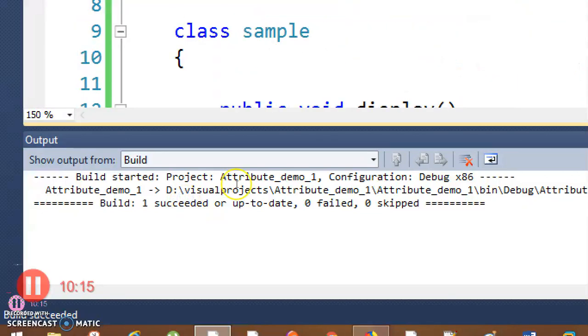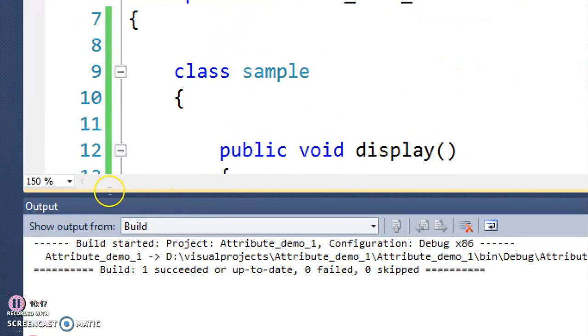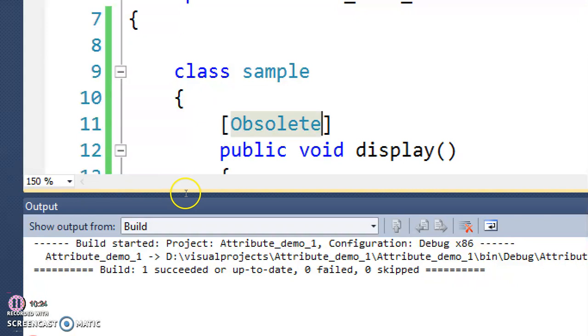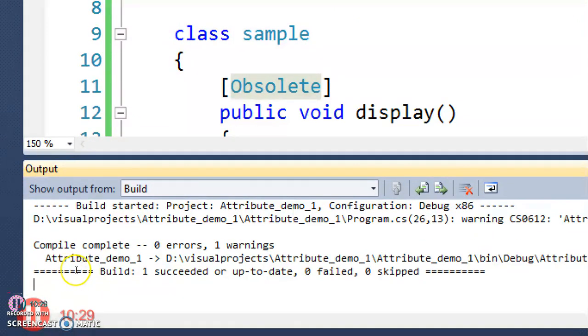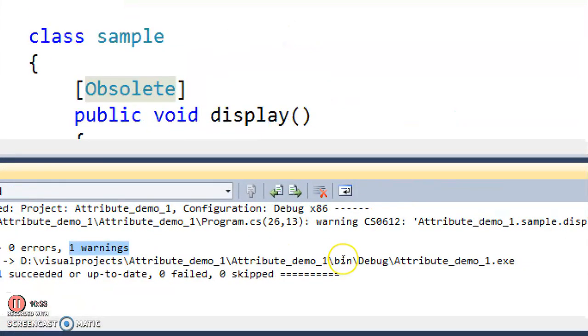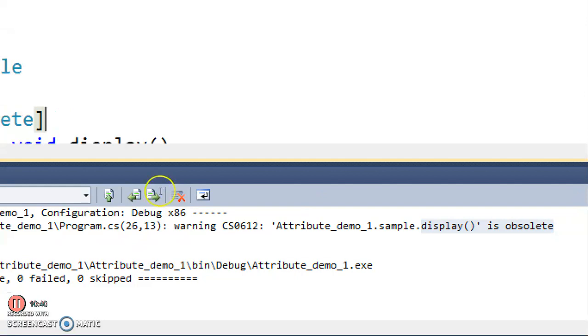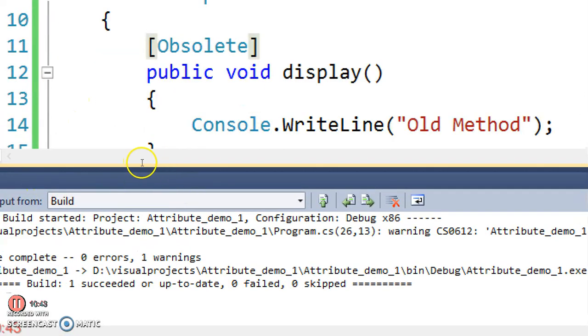But now if I make my display method obsolete, it'll give you the warning, right? So now you will see if I again build my solution, you will see zero errors, but one warning. What is the warning? It says that attribute demo sample display is obsolete. Which method is obsolete? Display method is obsolete. Why it is obsolete is because you had put that predefined attribute just above that method